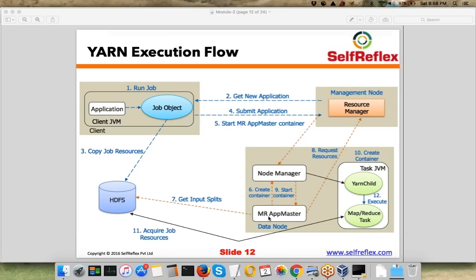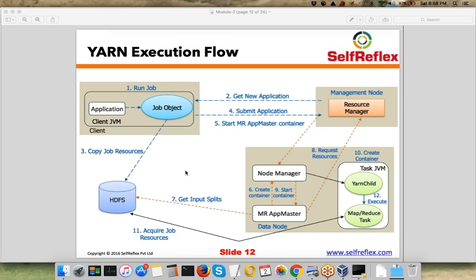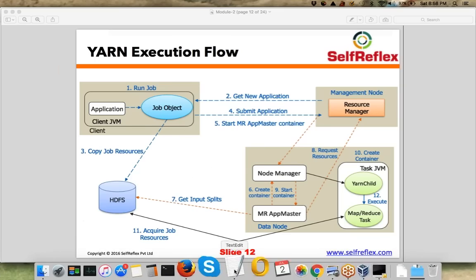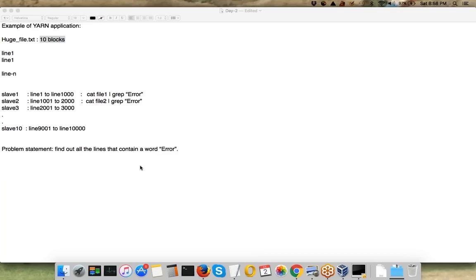Now, what happens if those nodes do not have any free container? As we know, there will be multiple applications running in the cluster at the same time, right? So it's possible that whatever slave nodes contain the blocks of this particular file, all the containers on these slave nodes are already occupied. What happens in that case? Can anyone guess, or does anyone already know what would happen?